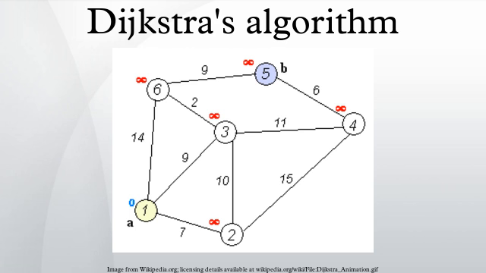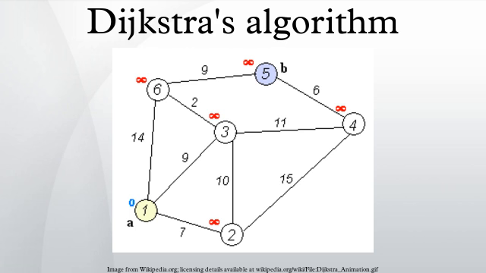1 function Dijkstra(graph, source), 2 dist[source] equals 0, distance from source to source, 3 for each vertex v in graph, initializations, 4 if v not equal to source, 5 dist[v] equals infinity, unknown distance function from source to v, 6 previous[v] equals undefined, previous node in optimal path from source, 7 end if, 8 add v to Q, all nodes initially in Q, 9 end for, 10, 11 while Q is not empty, the main loop, 12 u equals vertex in Q with min dist[u], source node in first case, 13 remove u from Q, 14, 15 for each neighbor v of u, where v has not yet been removed from Q, 16 alt equals dist[u] plus length(u, v), 17 if alt is less than dist[v], a shorter path to v has been found, 18 dist[v] equals alt, 19 previous[v] equals u, 20 end if, 21 end for, 22 end while,